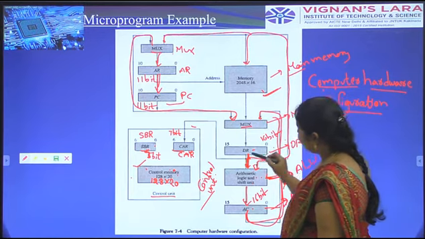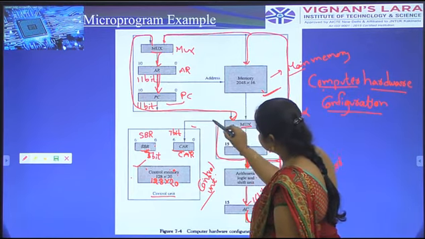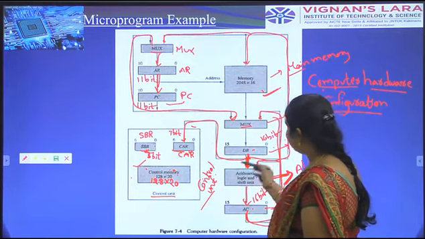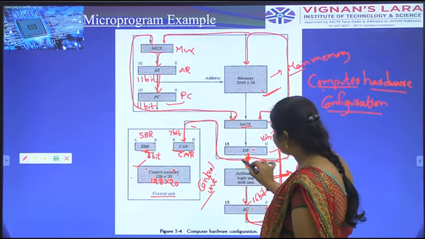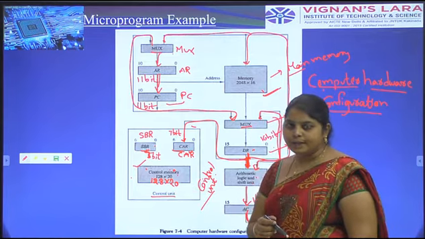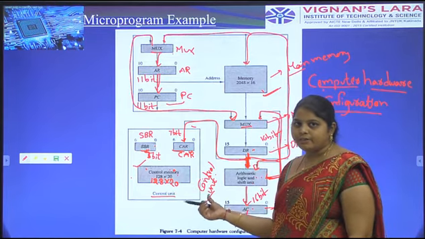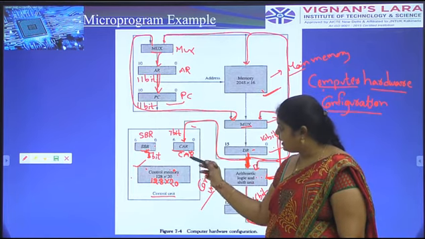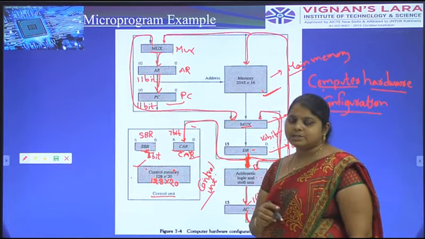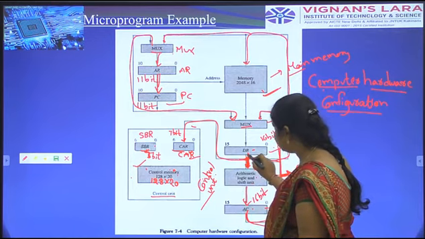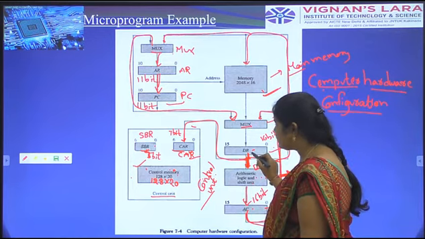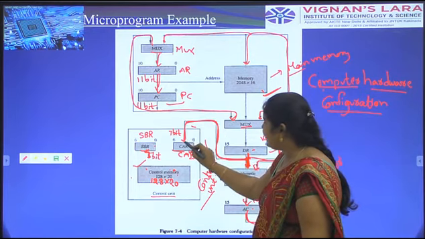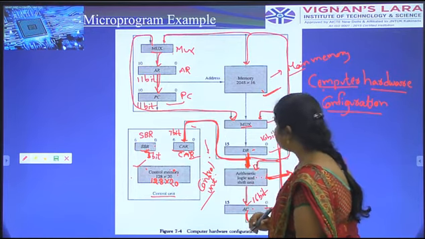Here the data register transfers the information to the control address register. There is only one connection, from the data register to the control unit. The whole process is controlled with the help of the control unit. Why do we use the control unit? We have to identify the control address register, the address of the memory. With the help of this data, we identify the address of that register using the control address register.